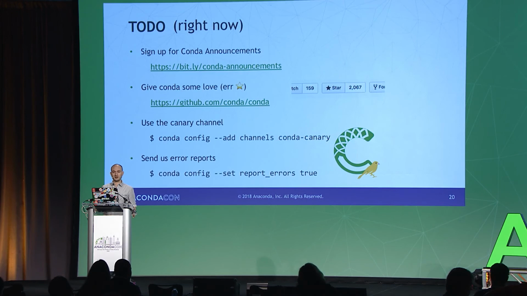And Conda 4.4 also has automatically uploaded error reports. Well, not automatic. You have to opt in. Basically, if we hit an unexpected error, we don't tell you to post it on GitHub anymore. We will offer to post. We have an endpoint and a Sumo Logic log aggregator service that we just post stuff to, so that we get to see those stack traces. You have to type yes to upload it, but you can opt in for this being automatic. So please do that also. It helps us. We knock bugs out really fast this way. That's all the time I have right now.